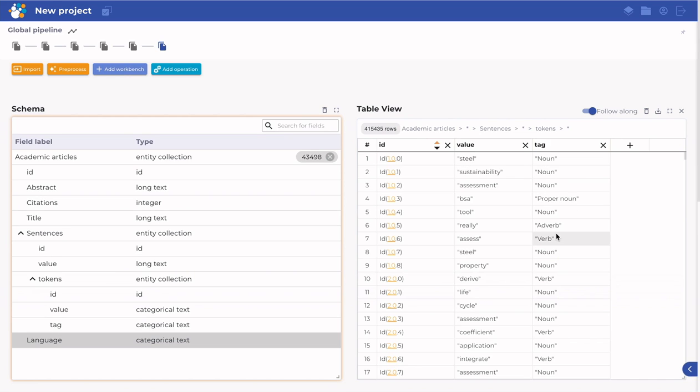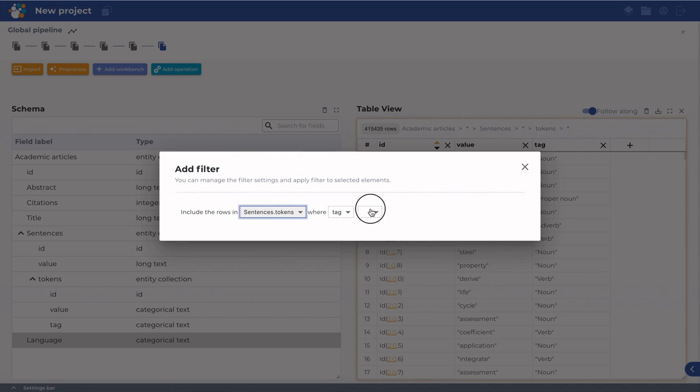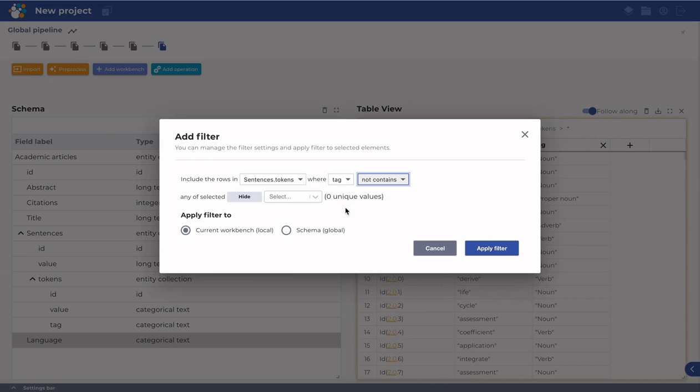Applying an exclude filter on verb could now mean several different things. Remove tokens that are verbs, remove sentences that contain verbs, or remove entire texts that contain verbs. In this case, it makes sense to apply the filter on the tokens level, which will exclude all verbs without